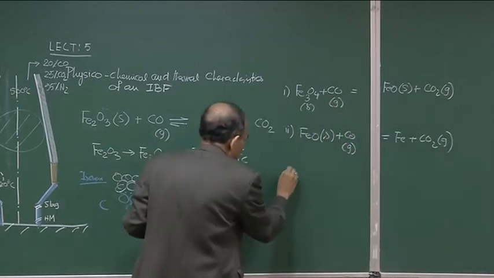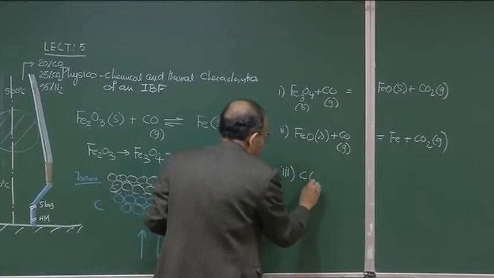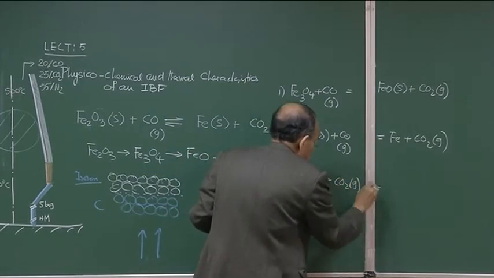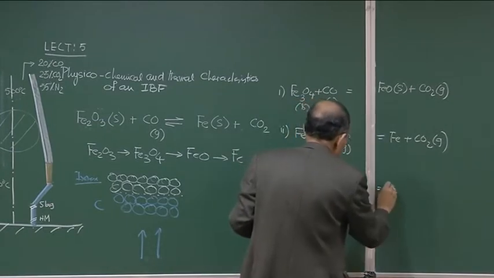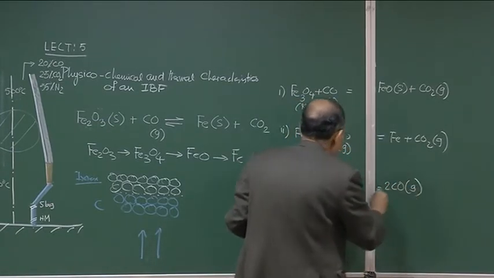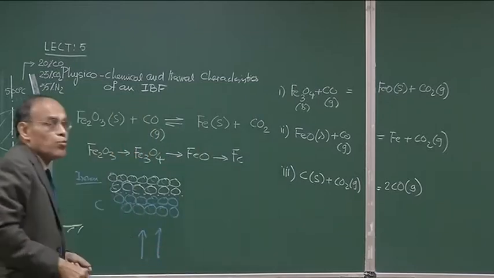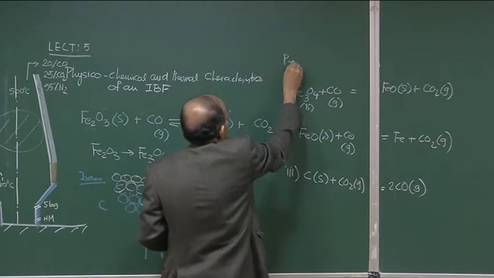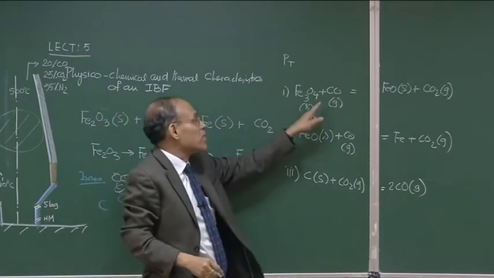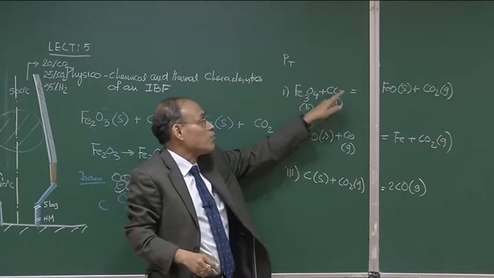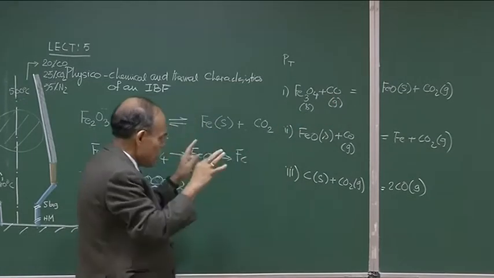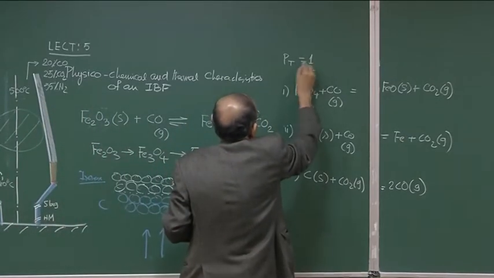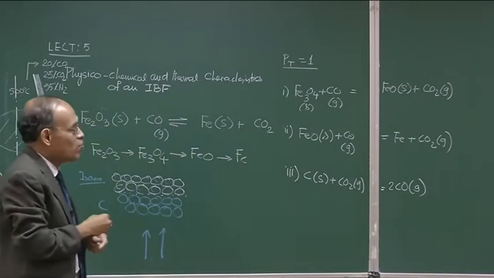And the third reaction we consider is the gasification reaction, carbon plus CO2 gas, which is equal to 2CO. Now, we can assume the total pressure Pt is known to us, and for the sake of simplicity, Pt means the total pressure. So, the total gas pressure is going to be equal to the partial pressure of carbon monoxide plus that of carbon dioxide, because there is no other gas involved here, a simplified analysis. Okay. Now, if Pt is known, suppose the total pressure is 1 atmosphere,